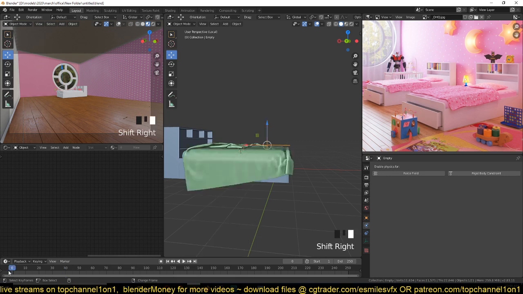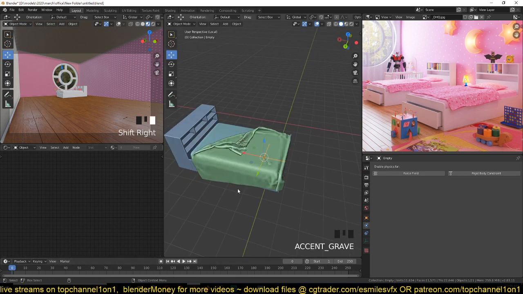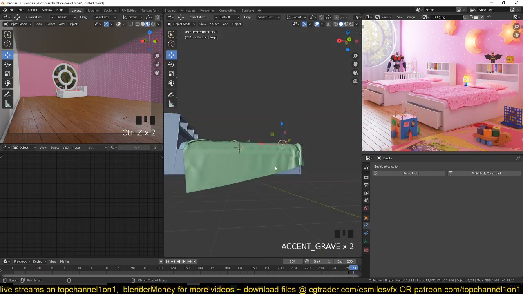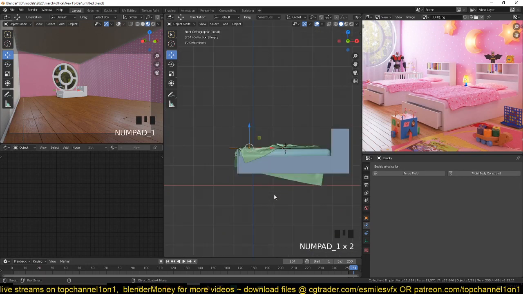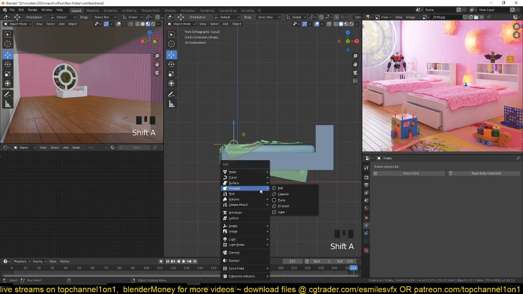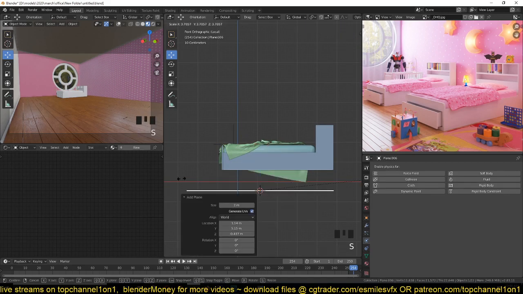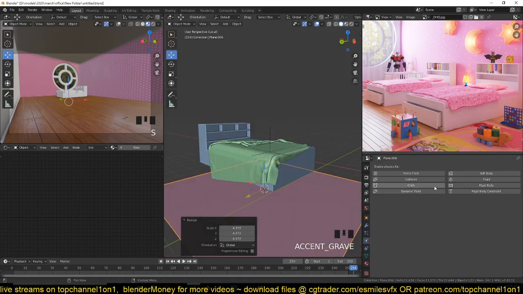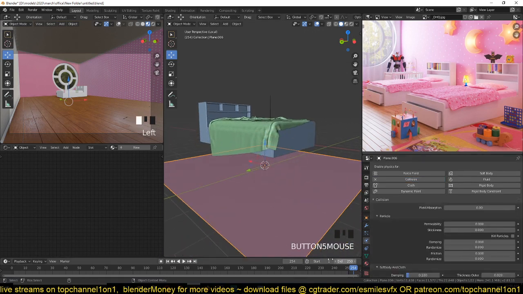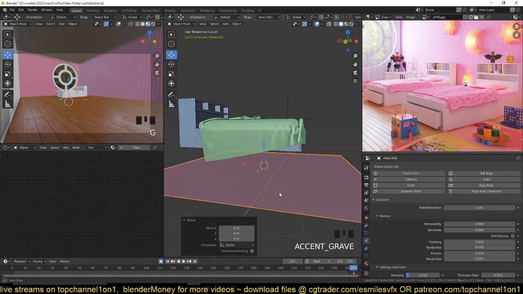So let's undo everything, and we're going to add a floor here like this, give it a collision property,